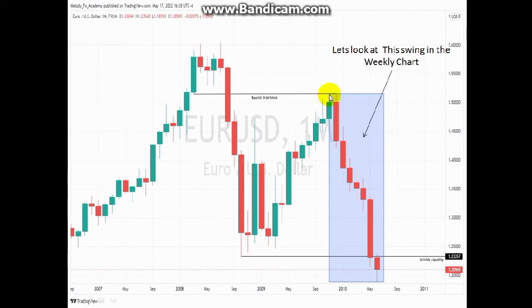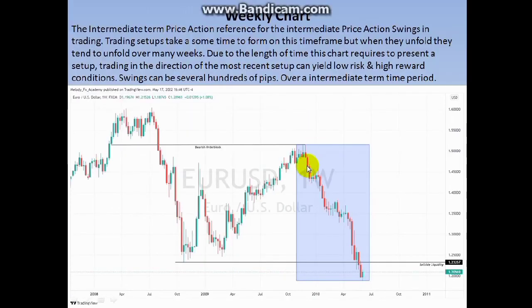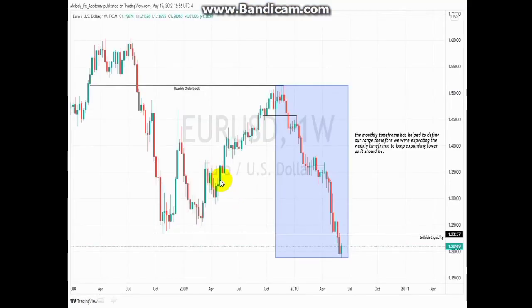Now our price has just traded into our bearish order block. Going down to our highest time frame, probably we'll mark out the monthly bearish order block right here, and we'll be on our weekly time frame watching to see a shift in market structure, right? We'll be watching our time frame to see a shift in market structure and probably position ourselves as a swing trader, because as a swing trader the weekly time frame is our highest time frame. Probably this will be the number of times we will have a setup as a swing trader, looking at our range. So we are anticipating price to reach for this range.